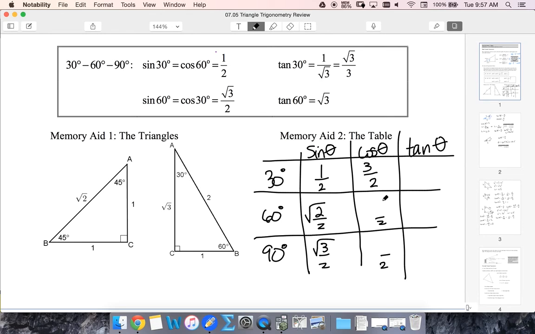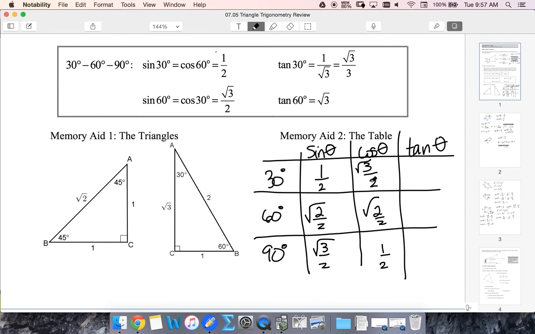And then I go 3, 2, 1: square root of 3, square root of 2, square root of 1 is 1. The way that I remember this is that 30 is the small degree. Opposite, so sine is opposite. Opposite of 30 is the smallest side. I get a 1 on top. Cosine is adjacent. When I have cosine of 30 degrees, that means my adjacent is the longest side, so root 3 over 2